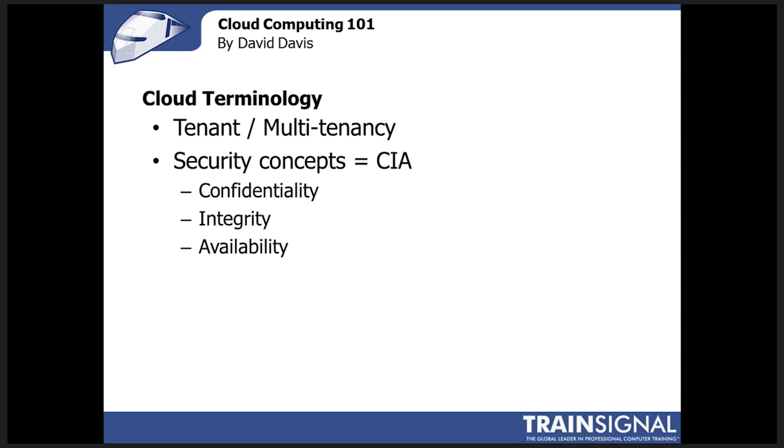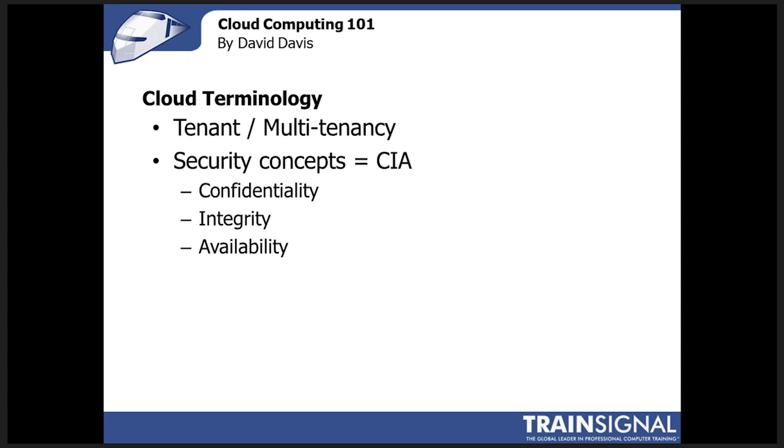So in a public cloud, it could be my company, Train Signal, using part of it. It could be your company, widget XYZ, using another piece of it. We don't want to step on each other's resources. We don't want to have security issues, and that's what the cloud needs to provide: a secure, reliable, stable environment that also has plenty of capacity, elasticity, and performance that we need. If it's a private cloud, it's going to be the same thing.